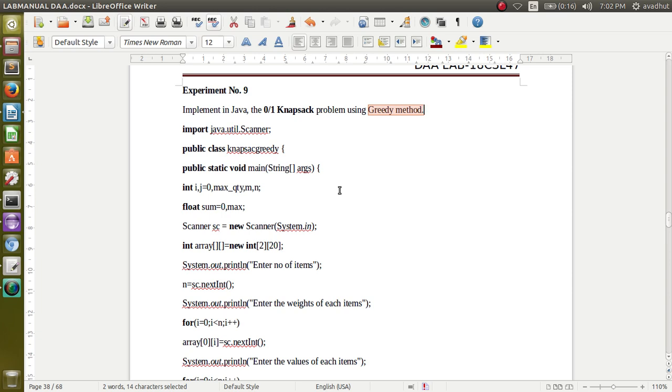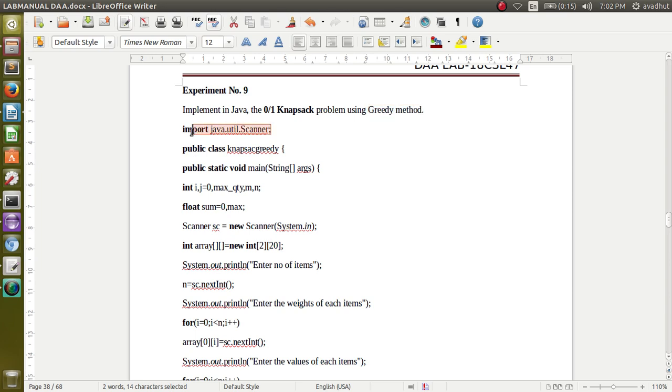Then after that you are going to arrange whatever density you have calculated, you are going to arrange all the items according to the descending order of the density. Once you arrange according to the descending order of the density, which one you are going to add depends upon the logic which we are using here. So let us see here one by one.